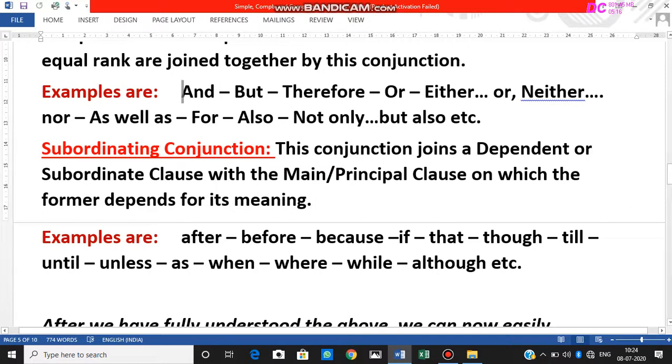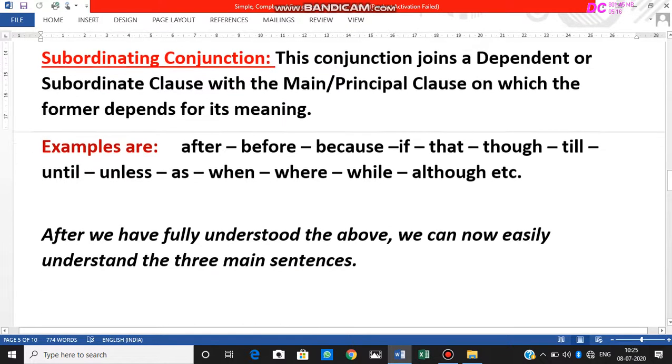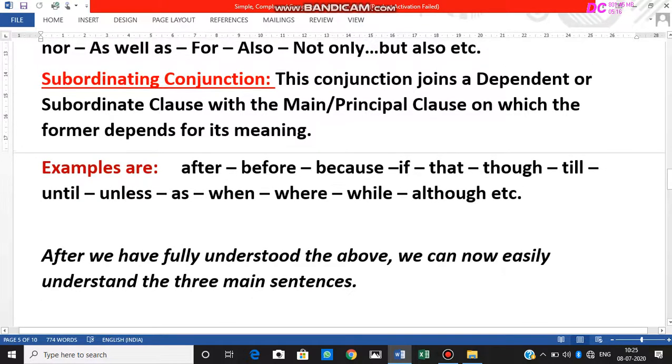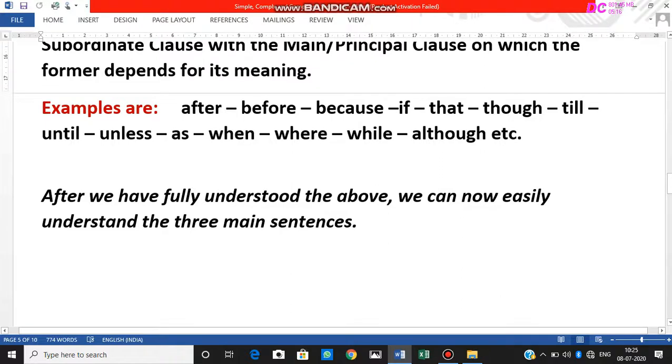Now we come to the subordinate conjunction. I am only recapping. I am not explaining it in detail. A subordinate conjunction is that conjunction which joins a dependent or subordinate clause with a main or principal clause. Examples: after, before, because, if, that, though, till, unless, as, when, where, while, although. All the WH words are also used in them. So after, I think, after we have fully understood these coordinate